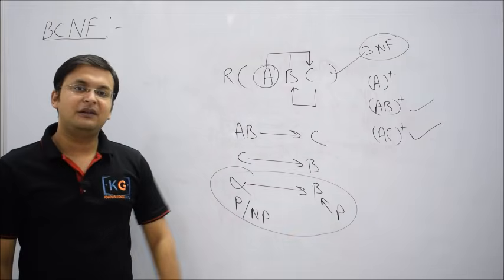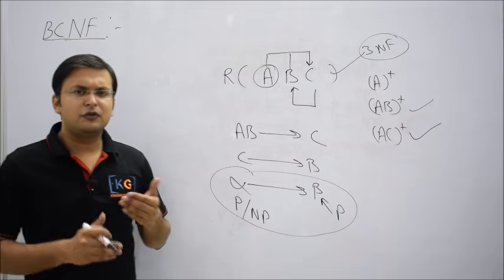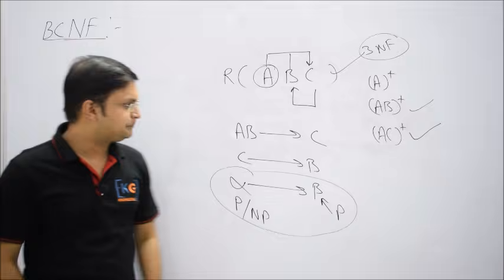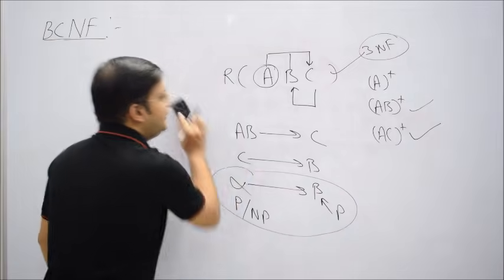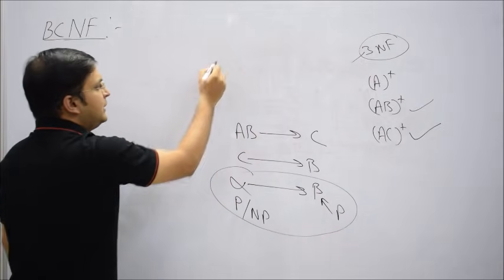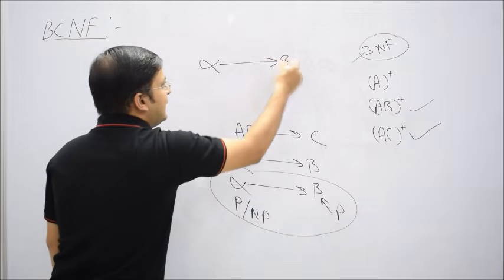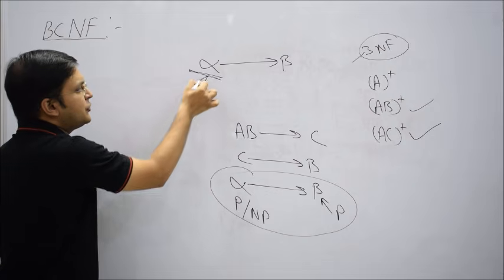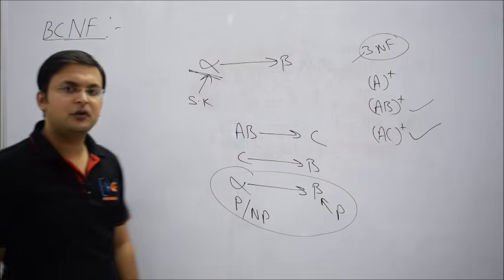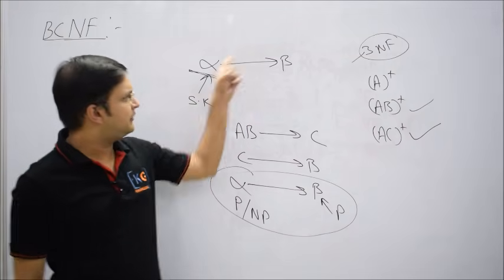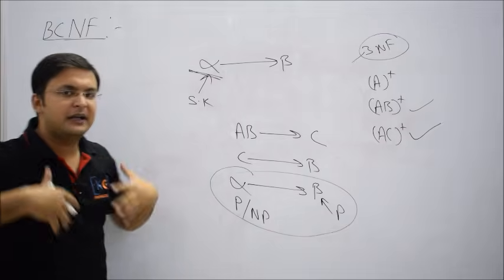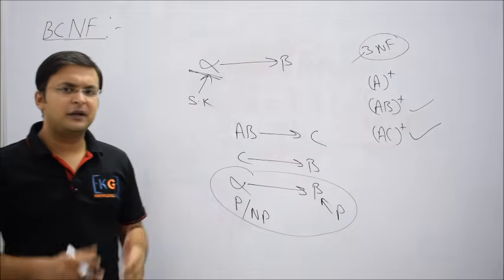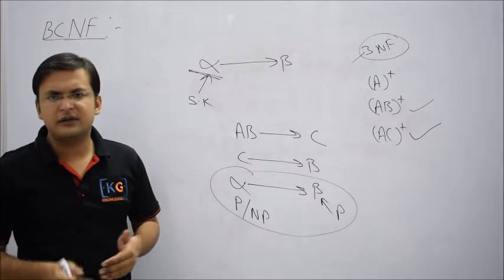Now here comes the BCNF, and for BCNF there's no need to check whether second or third normal form holds. You can also give a direct definition. Let me say what BCNF is. BCNF says, if there is a dependency from alpha to beta, then only one case should be there: this alpha should be a super key. This alpha should be what? Super key, irrespective of what beta is. So whatever derives some other attribute, what should it be? Super key. And super key, candidate key, this concept I have already discussed in the previous video.